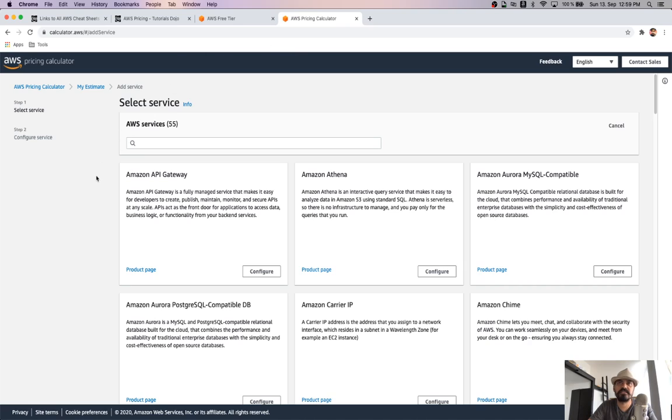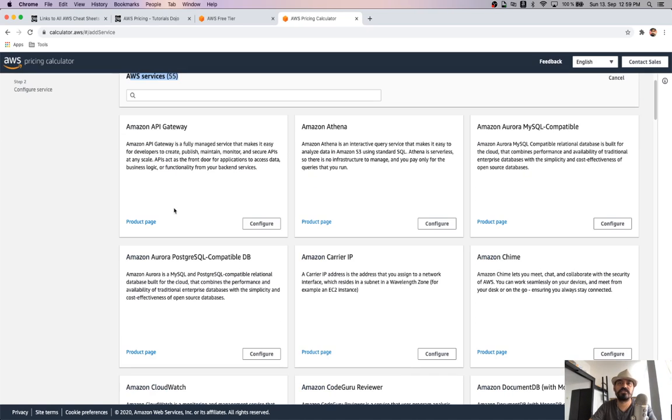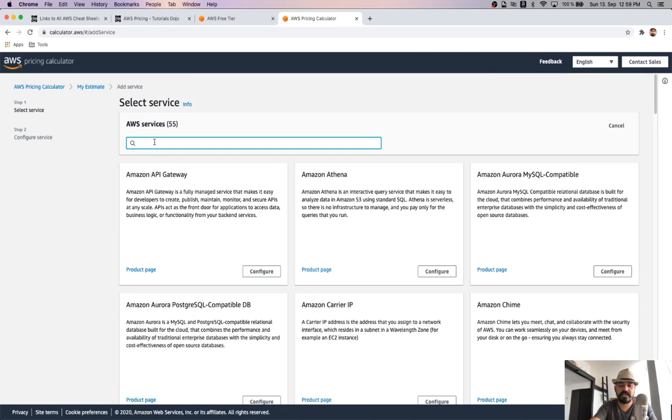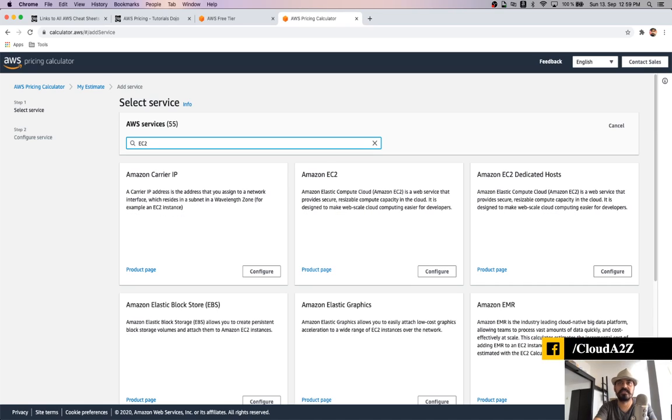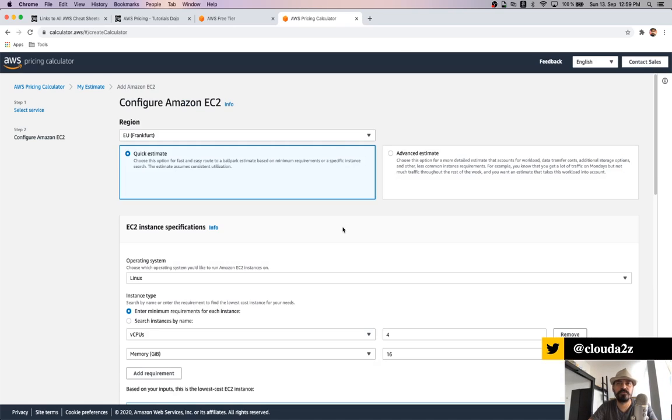So if I click on the pricing calculator, you have various default services which are available, the AWS services, and you can select and configure them, what amount of data you're going to use, and accordingly it would put up the data. Okay, so in this case what I'm going to do is go quickly and select something called EC2 instance, and let us know what the prices are.